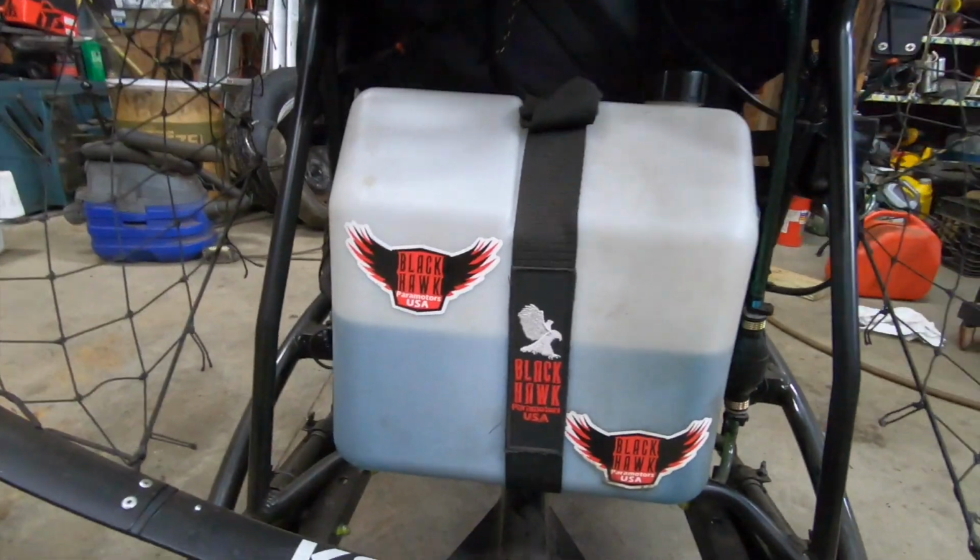What was in here was regular 10% ethanol, which is bad news. And it sat in there. It was the last time I ran the thing. Jeez. I think it sat pretty close to a year. Time rolls on, and next thing you know, a whole year's gone. I drained the fuel out probably 10 months ago, and I don't know why I never listen to my own